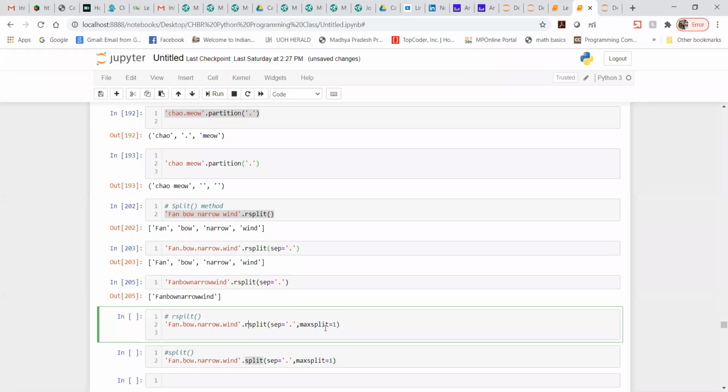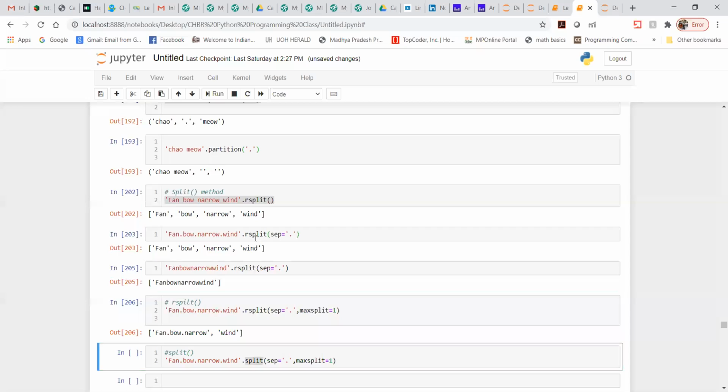Now if I run the first one, let me see what output I get. You can see that if I specify maxsplit equal to 1, it is going to split into two parts. One split is needed, so one part is this one and another is this one. It reads from the right side.